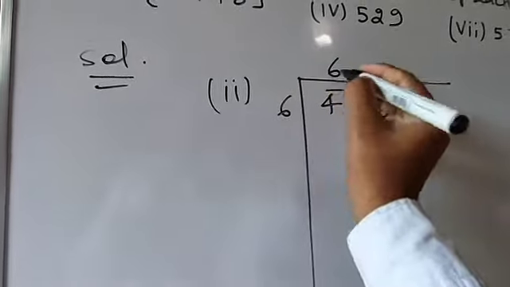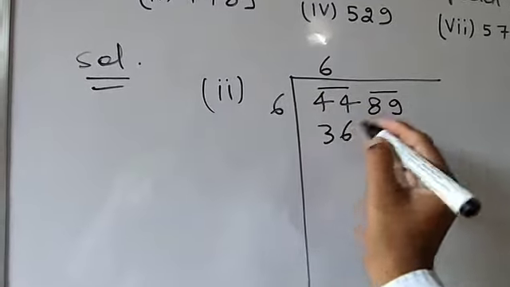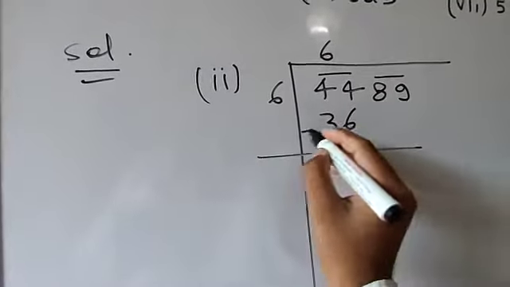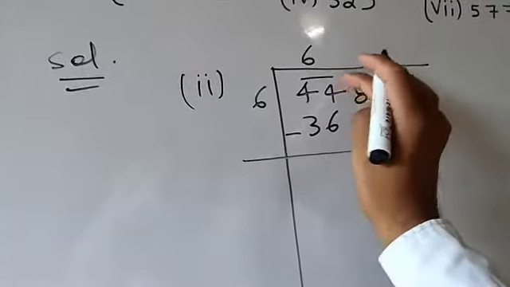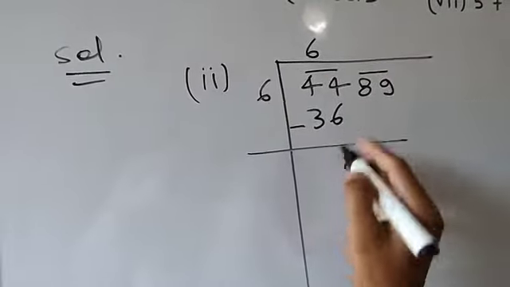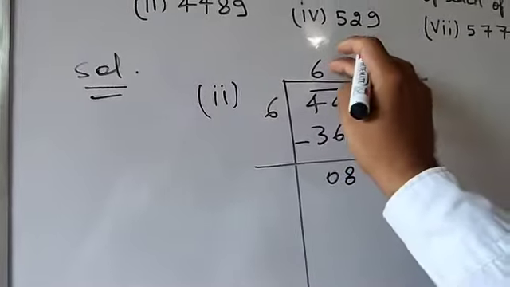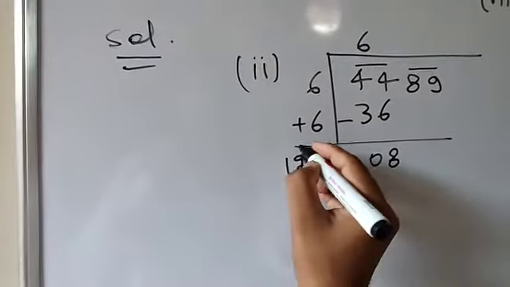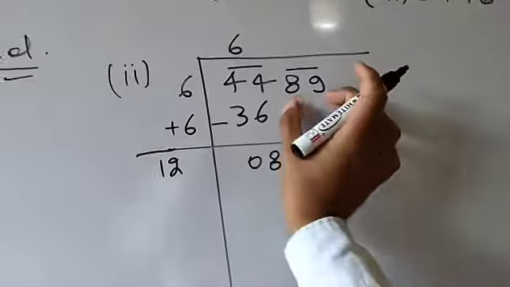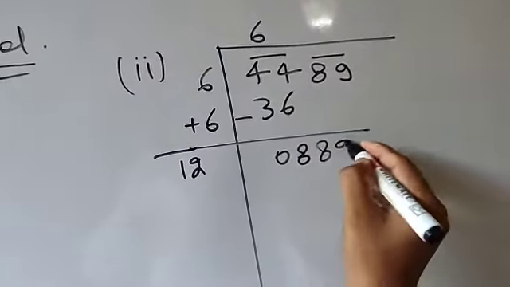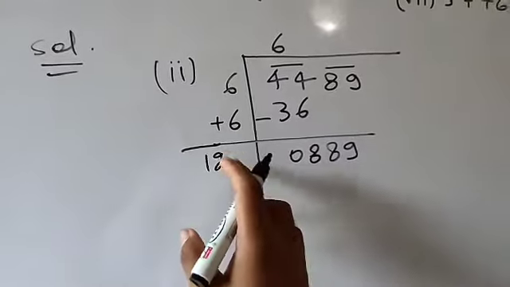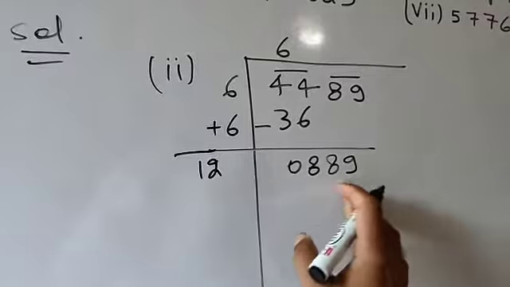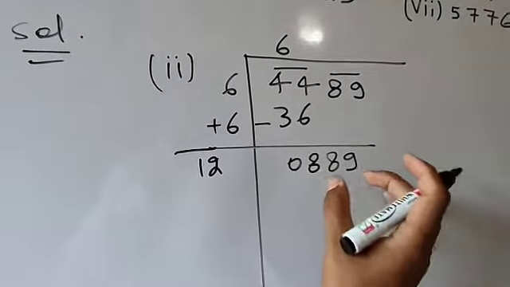So here you will put 6. 6 6s are 36. 7 into 7 is 49, greater than 44. Now subtract it. 14 minus 6 is equal to 8, and here it will be 0. Now whatever number you keep here should also be added here: 6 plus 6 is 12. Now again you will bring down the next pair after this. Here it is 89. Now you need to put a number here by which it should be multiplied, and the result should be either equal to 889 or just less than 889.